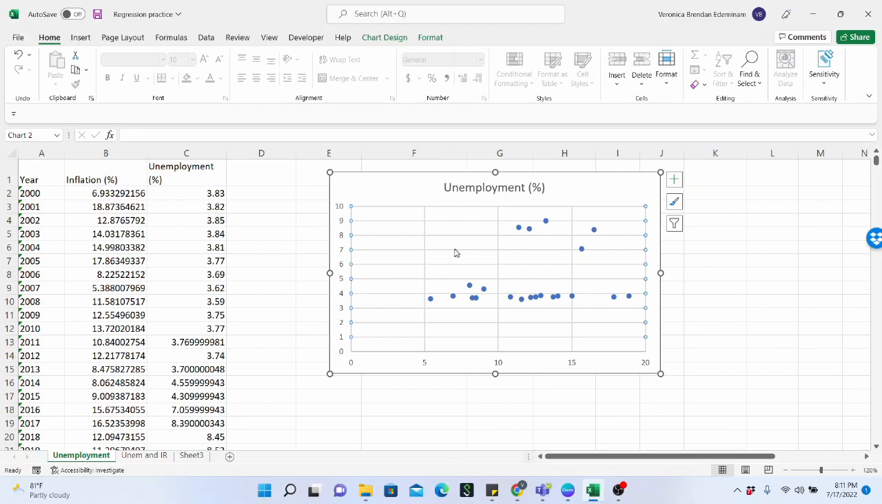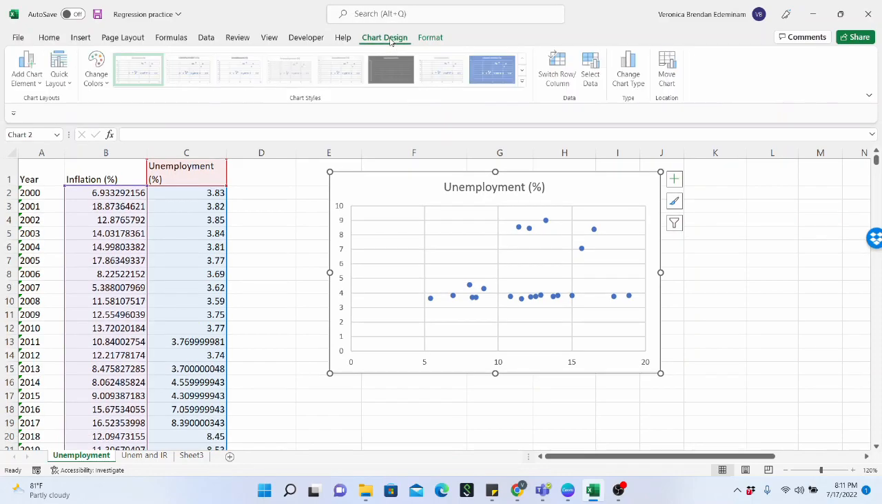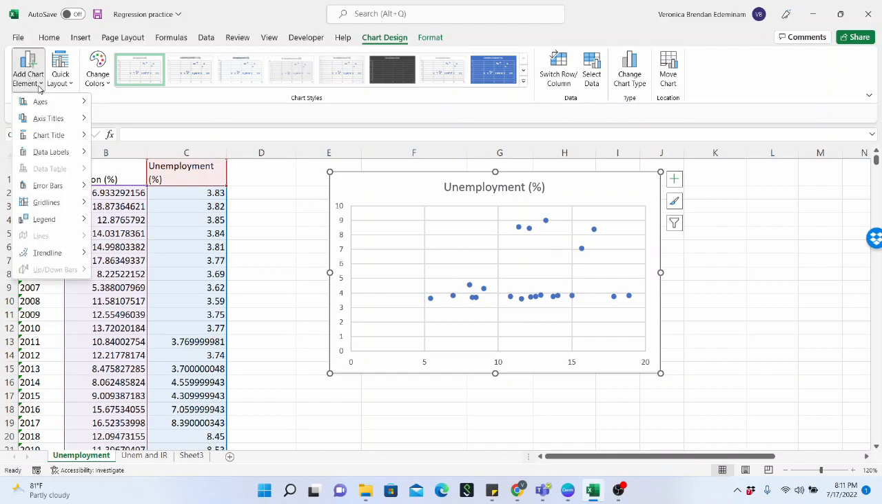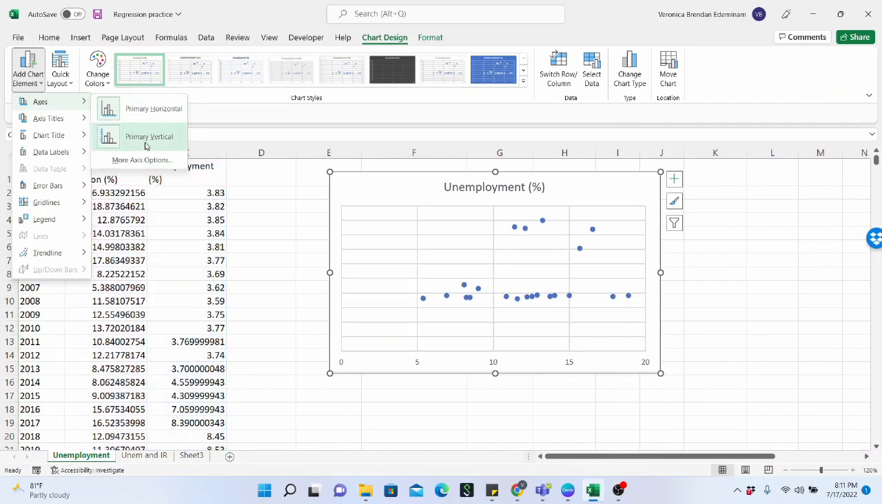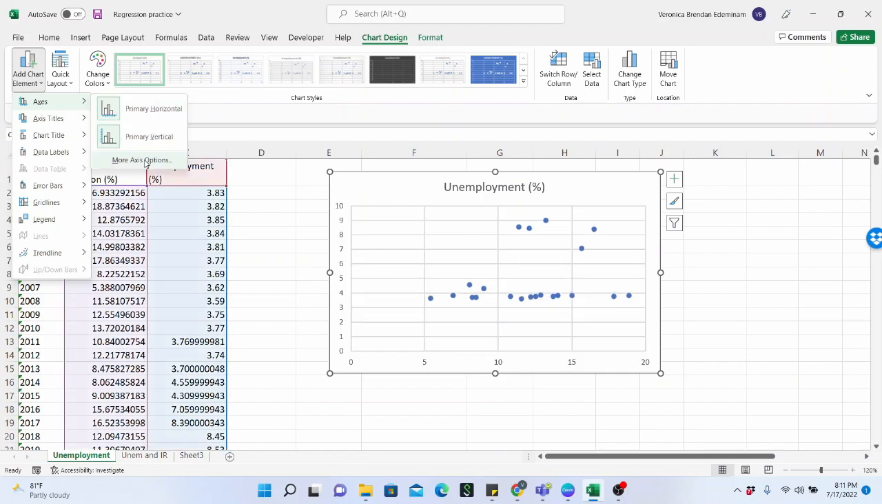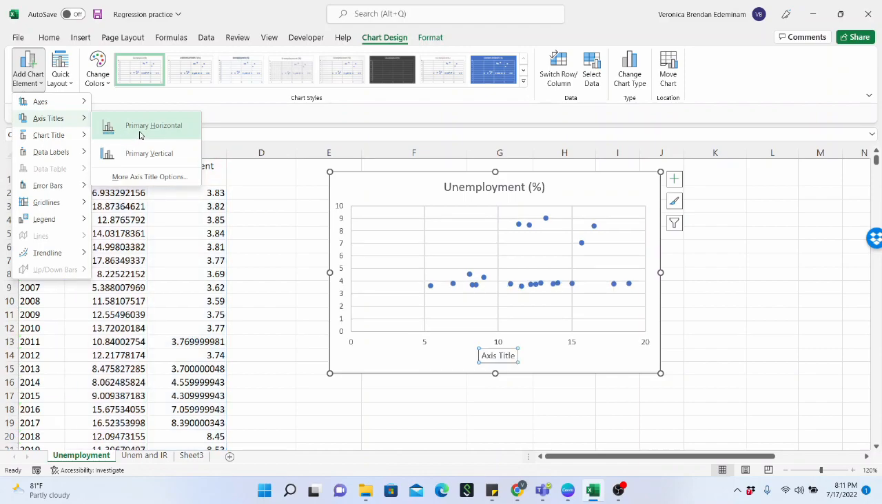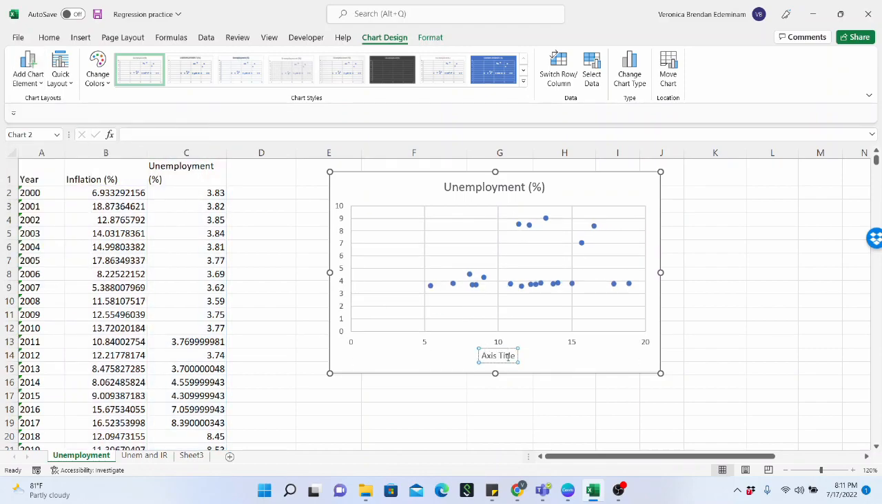To fit the regression line, we have conditional tabs that have popped up as a result of creating the scatter plot. I'm going to select chart design, and then we see a lot of other options. You can add chart elements, you can add the axis, primary vertical, primary horizontal. You have more axis options. You can have axis titles. So in this case, I'm going to just put here